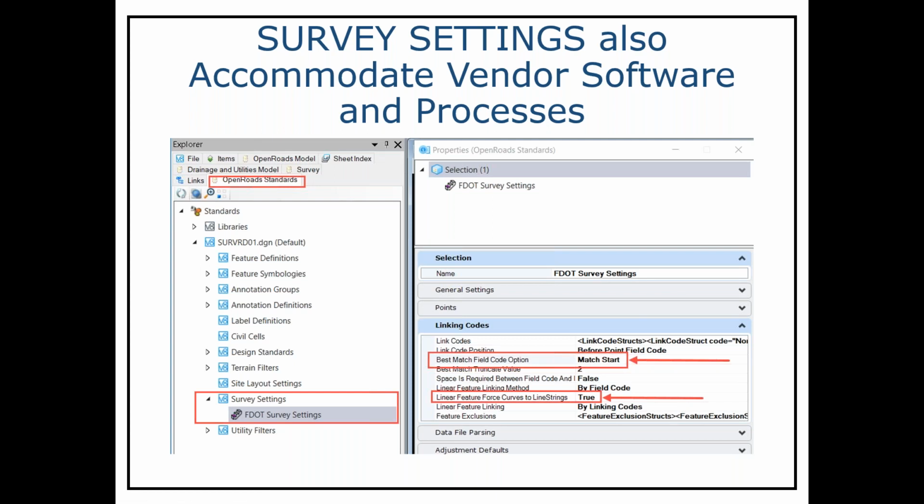There's about 4 or 5 possibilities now. We recommend you put match start right here, so it will accommodate your features, your incrementing features, and we also